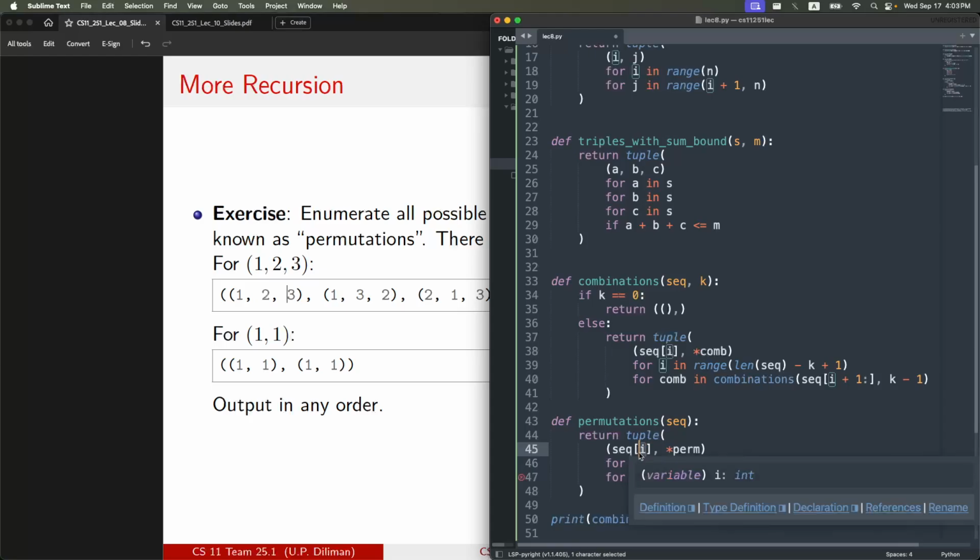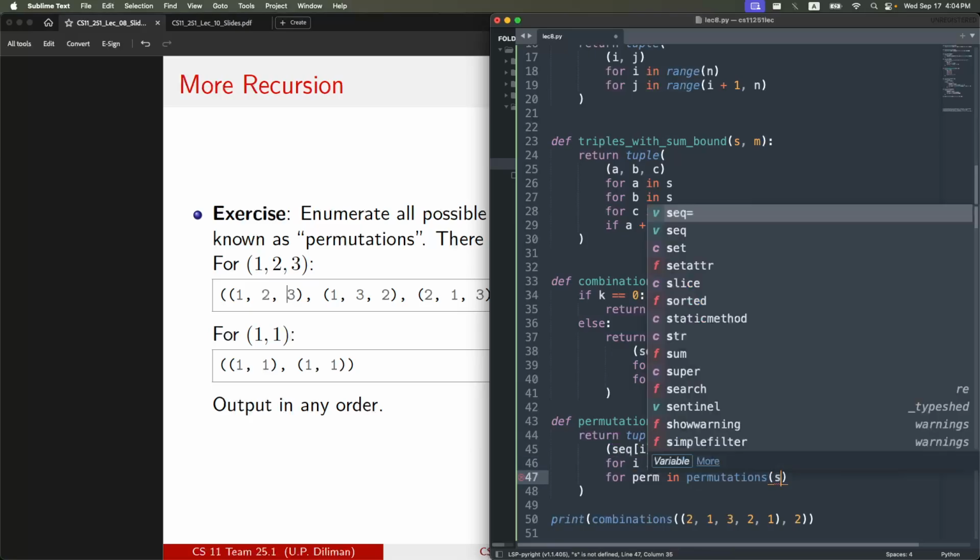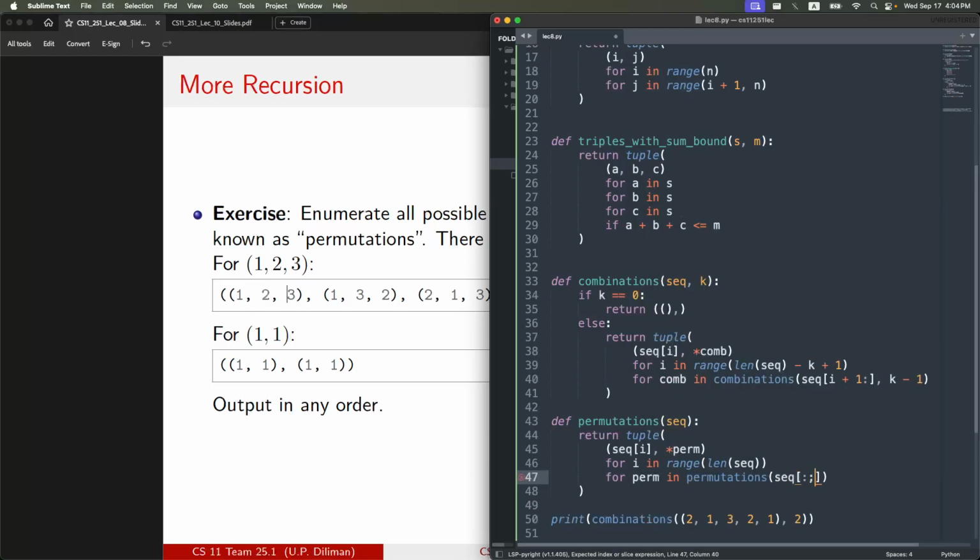We should not include index I since we already chose the element at index I to be the first element of the permutation. So sequence would now be something like this. Let's exclude index I and then include